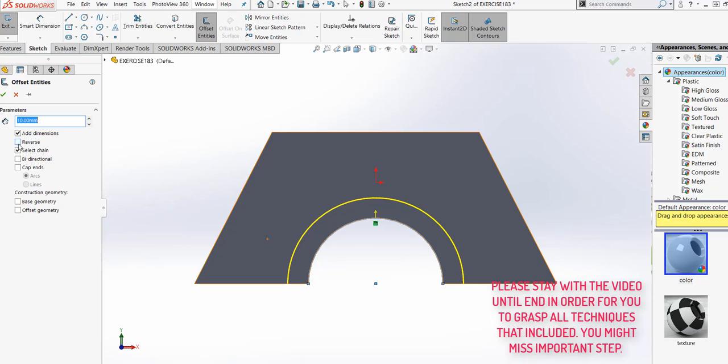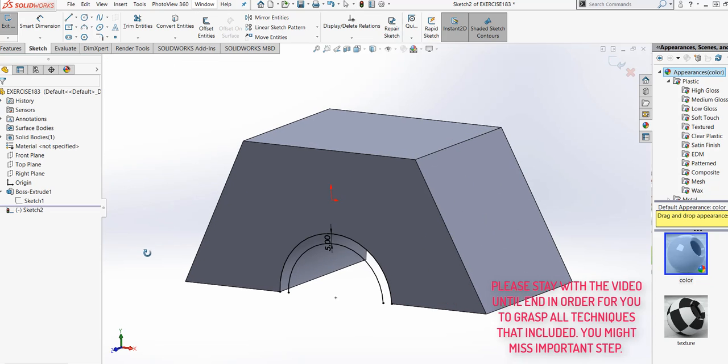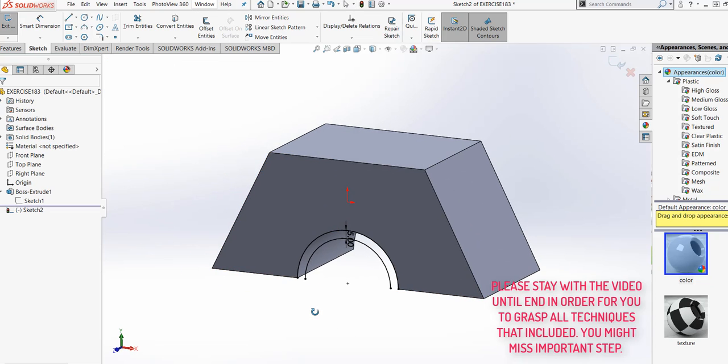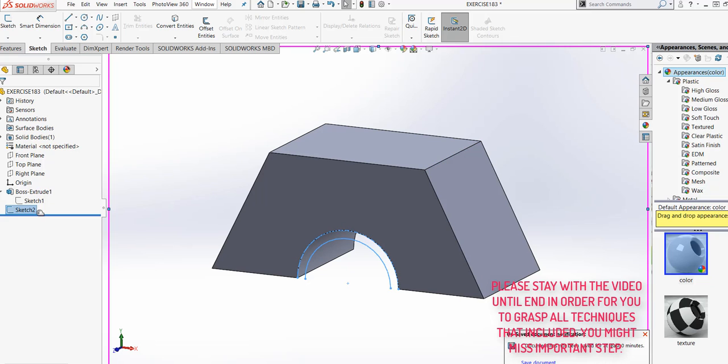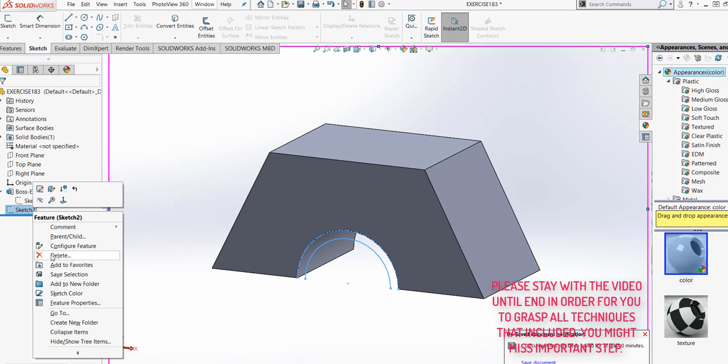That will be a reverse one. Let's put it as 5. Okay. Let's do the other way around. Let's move that one.